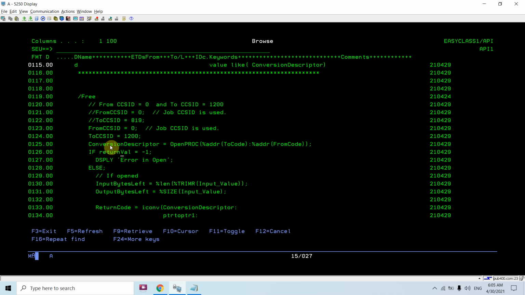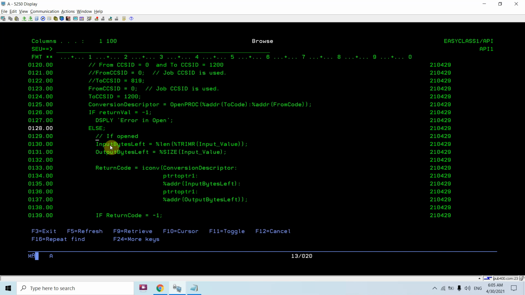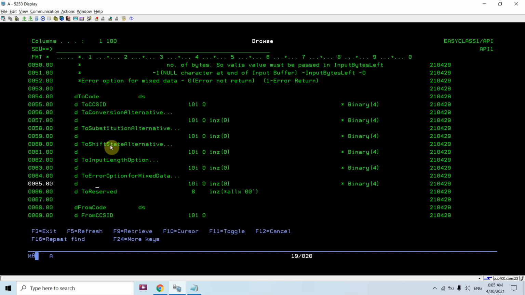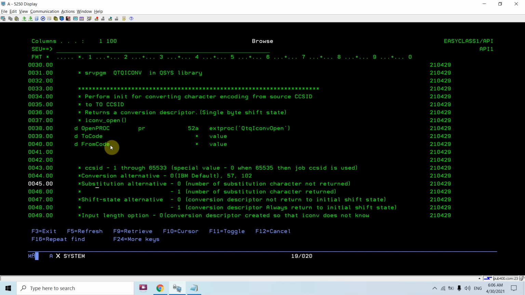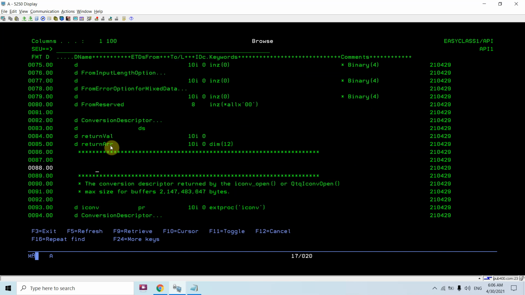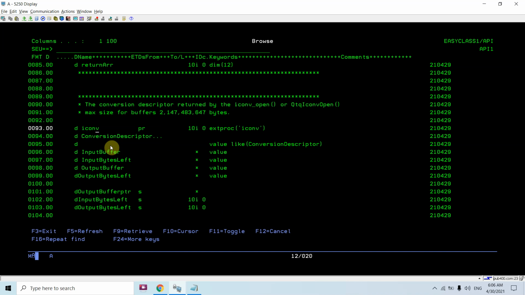We'll check if the return value is -1. This is the subfield of this one. If it's an error in open, else it is open, then we need to convert the data using the iconv API. So now go to the iconv API declaration. So this was until the open API. Now this is for iconv. Whatever conversion descriptor we received using the open API, we'll pass that to the iconv API as a